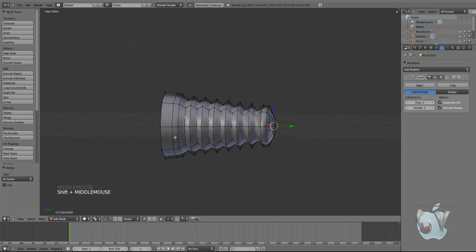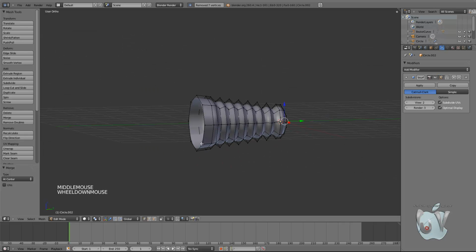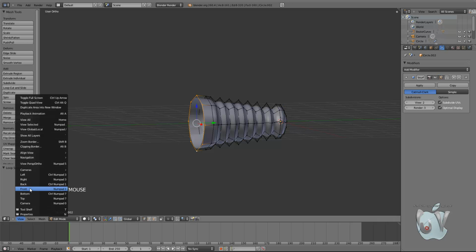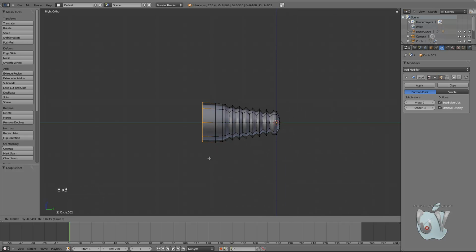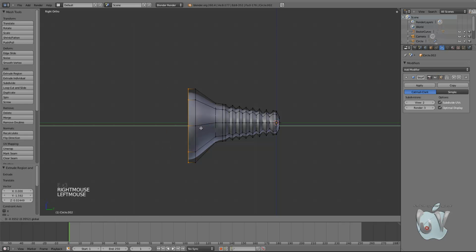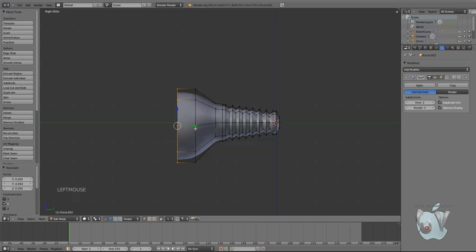Okay, now just to finish our head, actually select this loop, front view, to right view, extrude it, move it in the Y direction, scale it upwards a bit, move it slightly downwards, scale it again, extrude again, sorry, and now we're going to do this again,